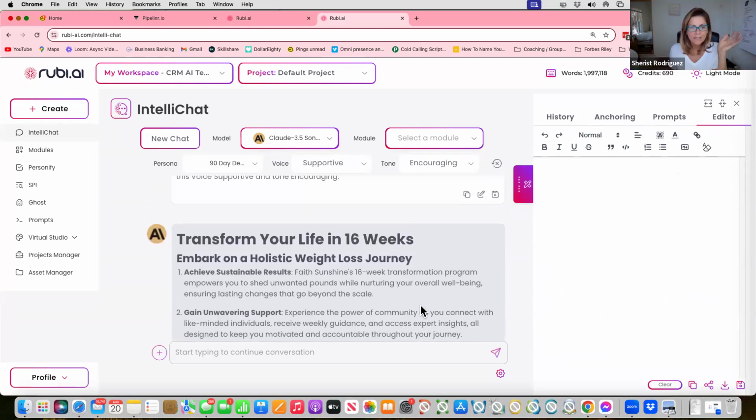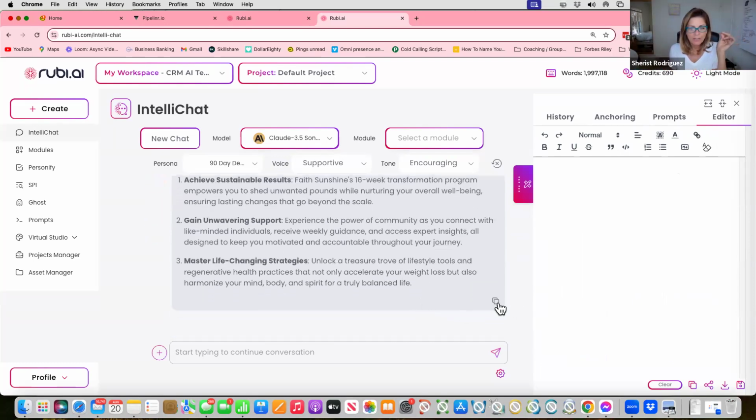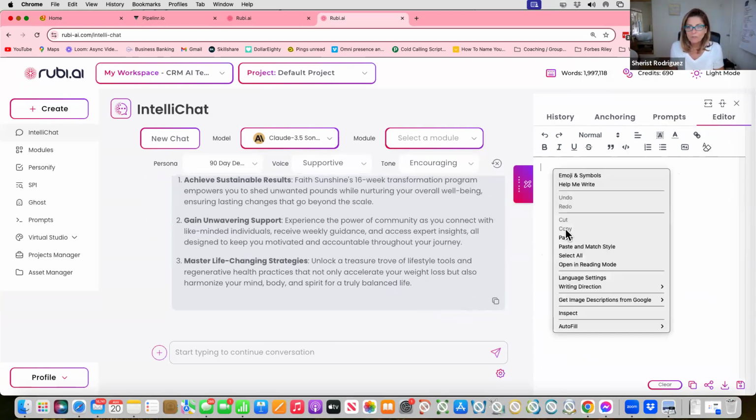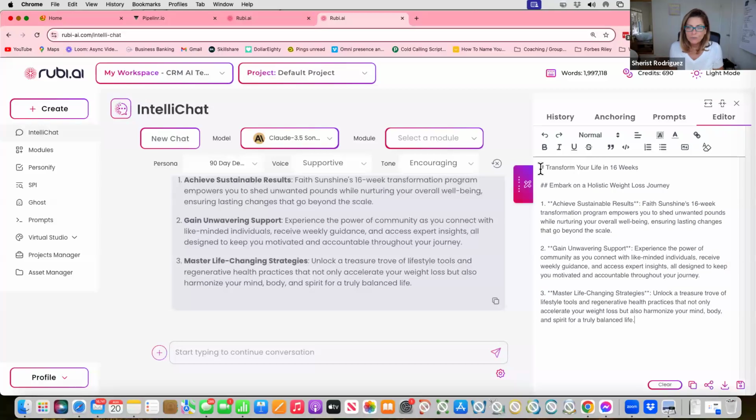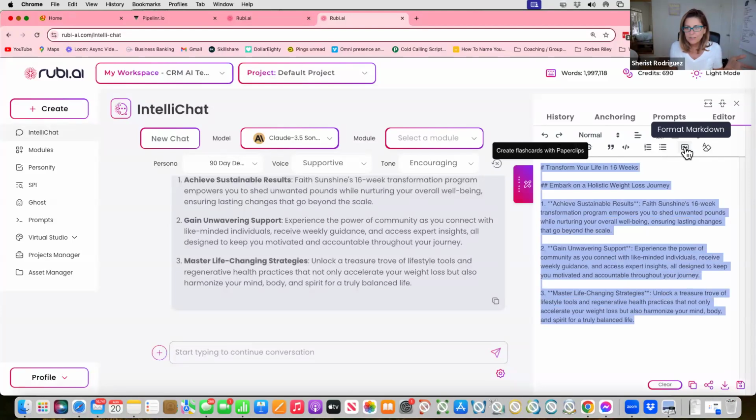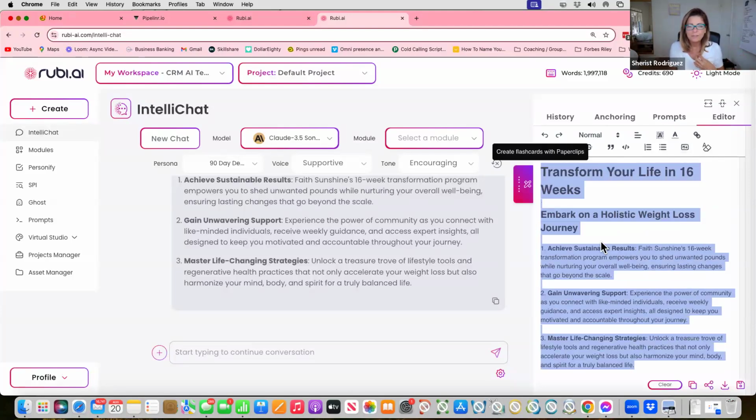Yeah, a couple ways. You can copy each section right here by doing the copy right there. One of the things you can do while you're playing around with it is put it into the editor here. If you click on that, you can paste it in here. You'll notice it comes in coded in a way. So if you click on format markdown, it'll clean it up for you so that when you put it in a Google Doc, it'll look the way this does.